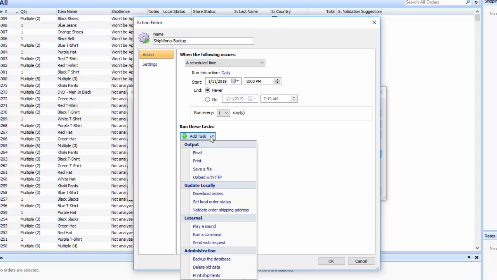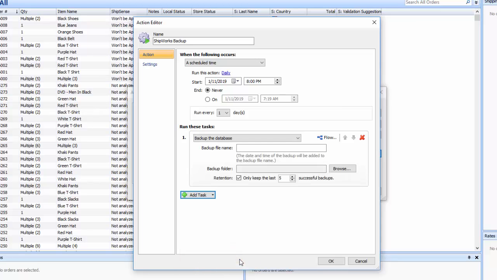And then for the task, what we want to do is actually back up the database. So we're just going to select back up the database. And then we're going to name the file. Now, ShipWorks automatically appends the date and time of the backup to the name you specify here. So I'm just going to put in ShipWorks Backup. But then when it creates the backup, it'll actually put the date and time of that backup appended to that